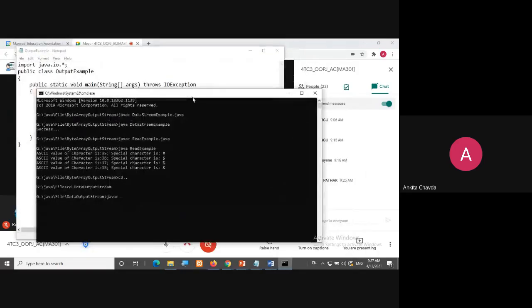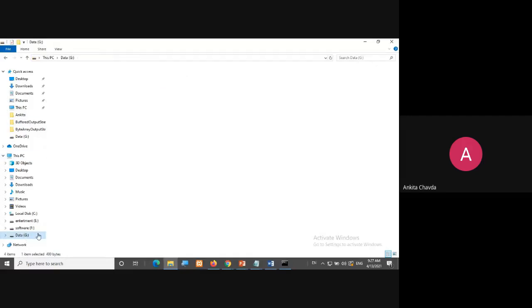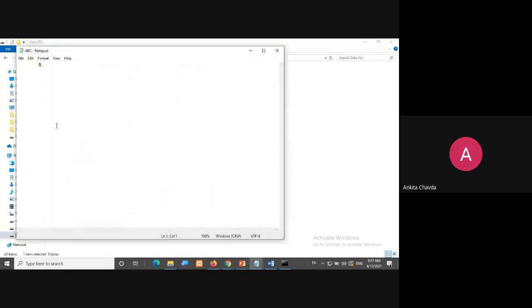Example name output. So when we are running this program, it's saying success. Okay. So now we'll go to that file. I have given abc.txt, I think. Right. So have you seen this? How they are storing the data? See, this is 1 byte, 2, 3, 4, 5, 6, 7, and on the 8th there is the data 8. Have you observed this? Yes or no?